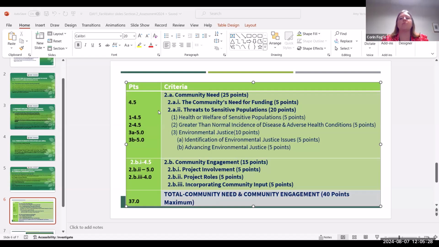For the project roles, where they list the community partner and then the role, those were pretty well described. So we awarded a 5 for that part, but we awarded a 4 for the part about incorporating community input, because they didn't explain how those groups would actually be associated with the target population. I think that was it.